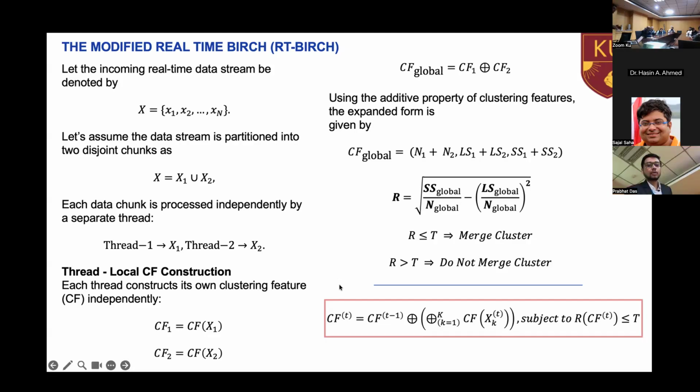What we are doing is calculating the cluster feature for, let's say, if it is 10, we are calculating the cluster feature for 0. Let's say, just to keep it simple, right? Again, addition for every cluster feature, subjected to checking of R. If the R is